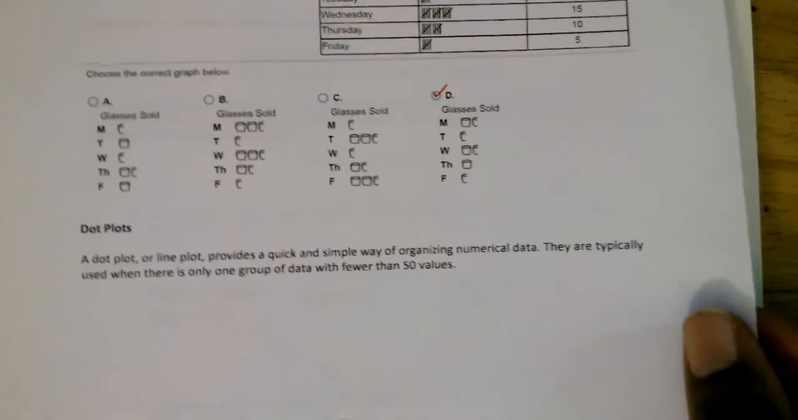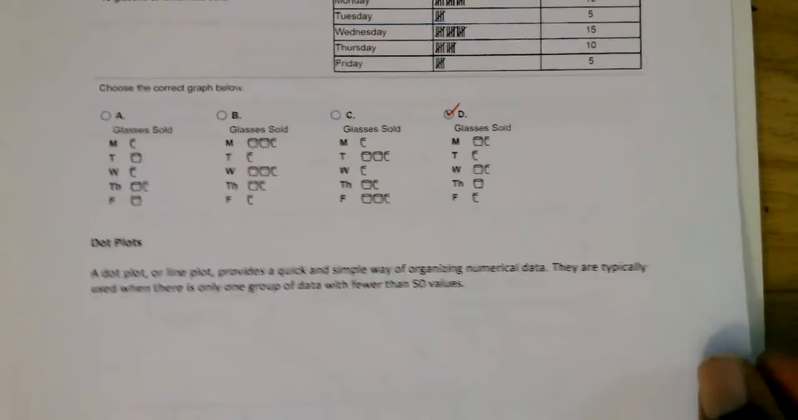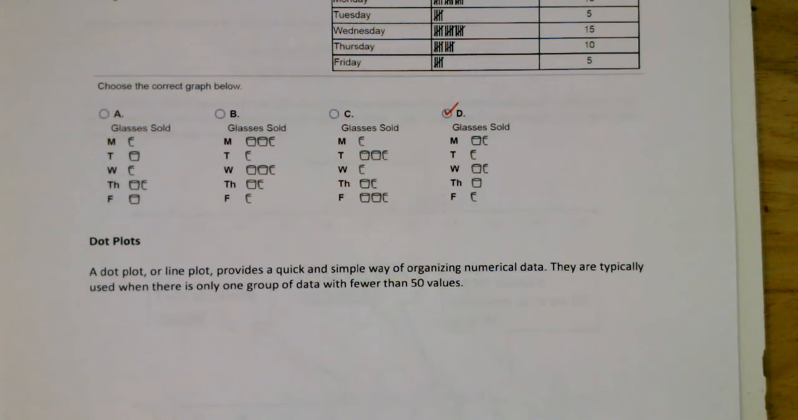Okay. All right, next we'll look at dot plots. A dot plot or a line plot provides a quick and simple way of organizing numerical data. They are typically used when there is only one group of data with fewer than 50 values. So pretty much with fewer than 50 values, it'd be best to use a dot plot. Okay, now on the next page,